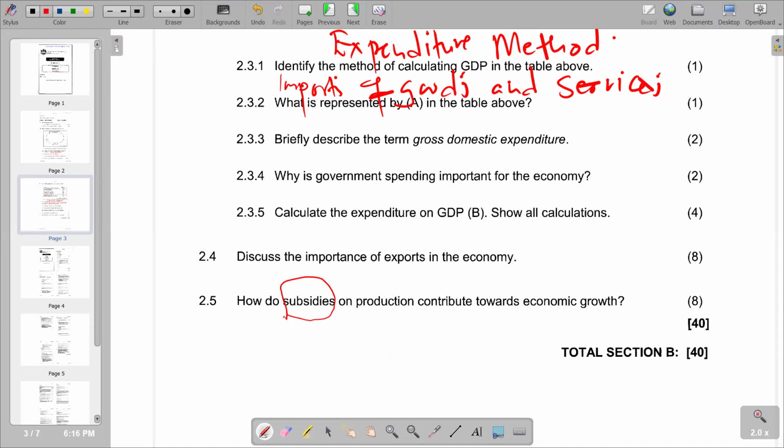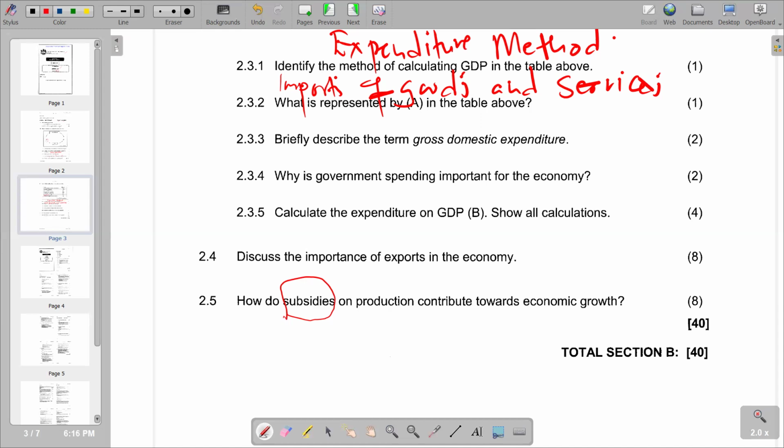So the question is saying how do subsidies on production contribute towards economic growth? Obviously, those firms that are facing high cost of production, if they are given funds and then they face lower cost of production, they are going to be left with more revenue. And then obviously they reinvest that revenue to expand their production capacities. So they produce more. So we are going to notice more production of goods and services, which is going to